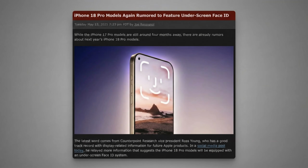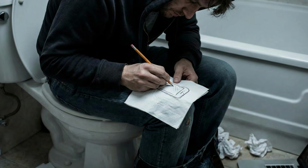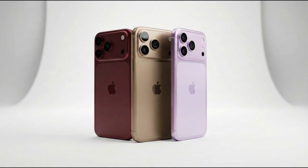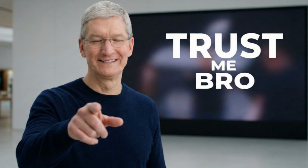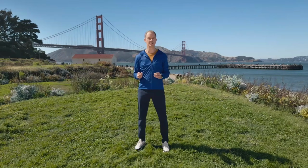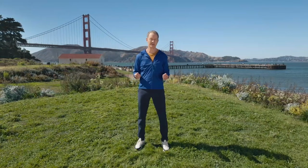The internet is currently losing its mind over the iPhone Air and that mythical folding iPhone we have been hearing about for a decade. But let's be honest with each other. Most of us are not going to buy the experimental stuff. We are going to buy the reliable workhorse, the Pro model. So put down the sci-fi dreams, and let's talk about what is actually coming to the iPhone 18 Pro and